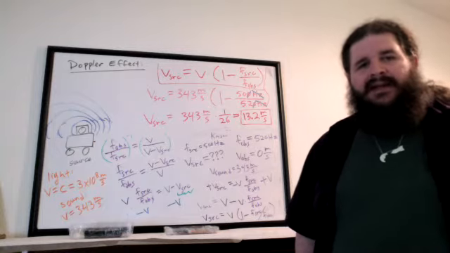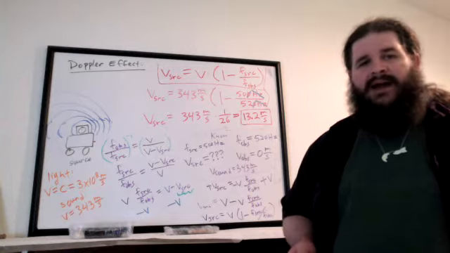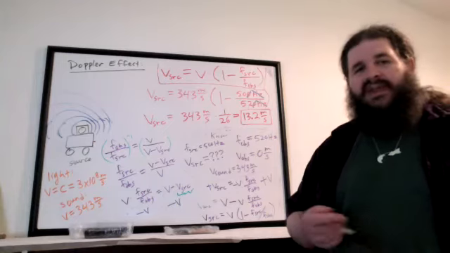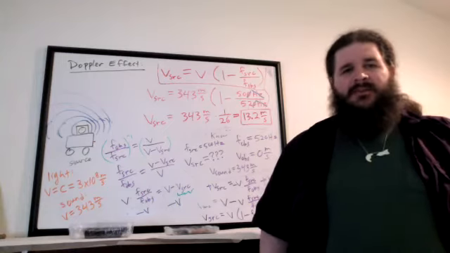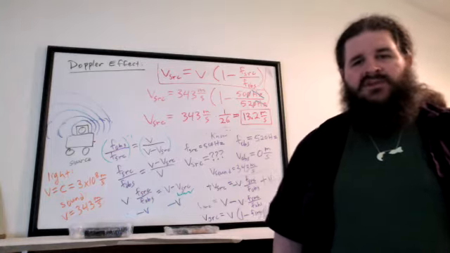And then the more complicated case would be if both the source and the observer are moving. In that case, you would just combine the two effects. You'd be plugging in the speed of the source and the speed of the observer into the original equation and making decisions about plus or minus for the numerator and denominator individually, using the same sort of reasoning.